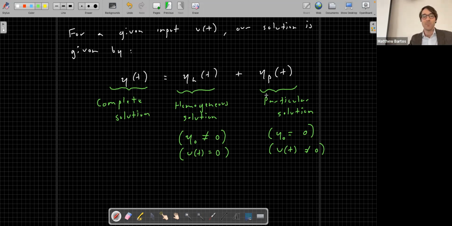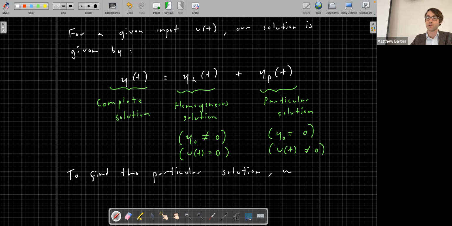That is true. So I'm going to give you the method today in the time domain. This is the general method that will work for any input. Okay, so this is a general solution that'll work for any input. But to find the particular solution, what we're going to do, we will apply convolution. Okay, so to find the particular solution, we will convolve the input u(t) with the system's